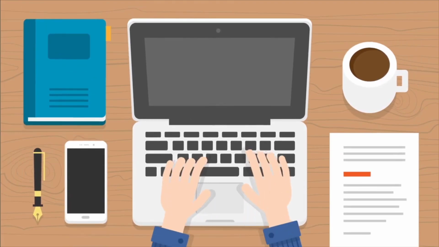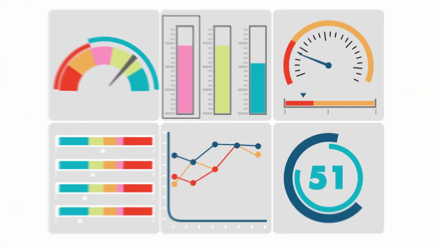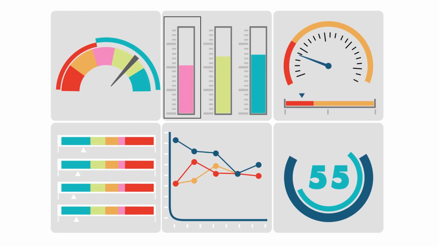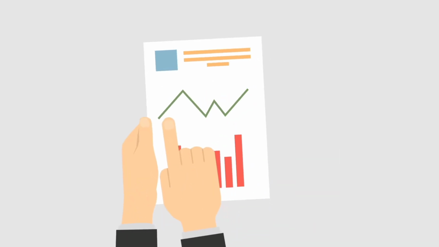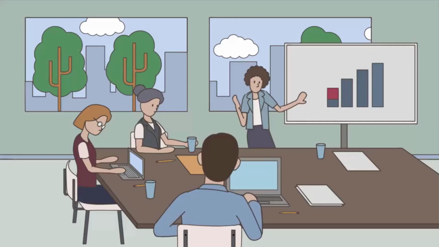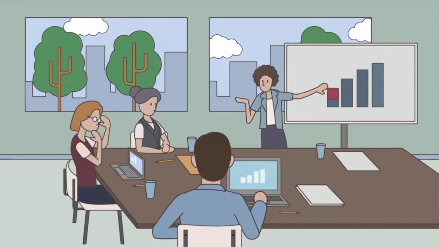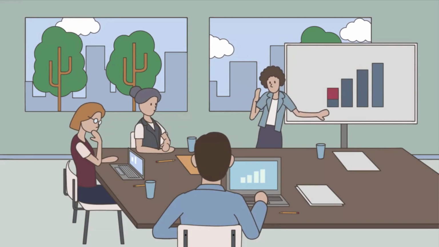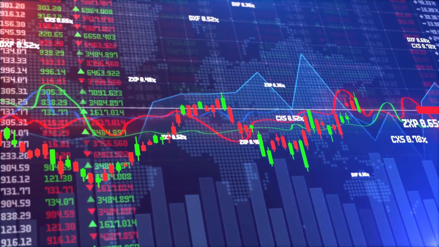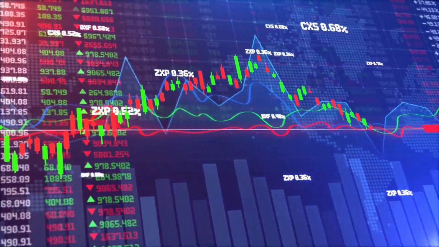Algorithmic trading, or algo trading, is the process of using computer programs to automate trading decisions. With algo trading, you can analyze large amounts of data, identify patterns, and execute trades automatically without the need for human intervention. Manual trading can be frustrating and time-consuming, especially when you're trying to keep up with the market trends and news. But with algo trading, you can take advantage of market opportunities quickly and efficiently.